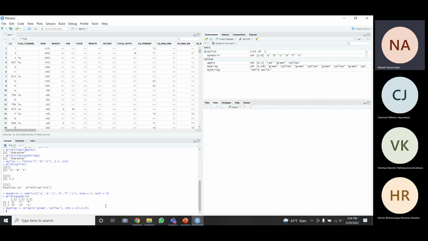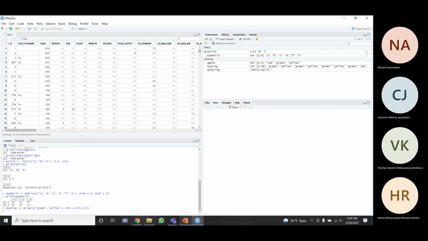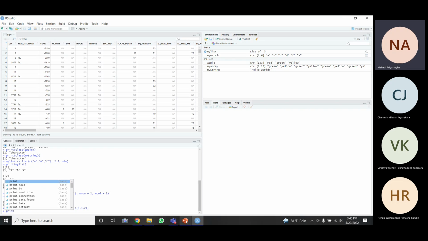So 3 by 3 by 2 will have, so 3 by 3 means there will be 9 elements, and if you have 2 sets of those, there will be 18 elements. So you can see here it is a character array which has 18 elements, right? So you can simply print this one and see. Print my array,